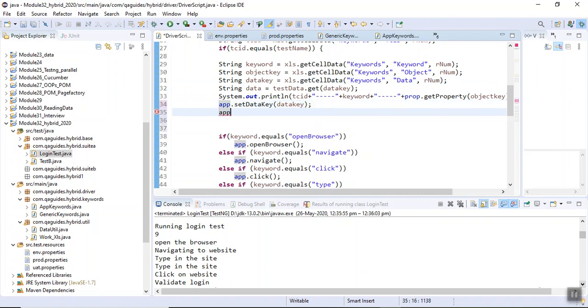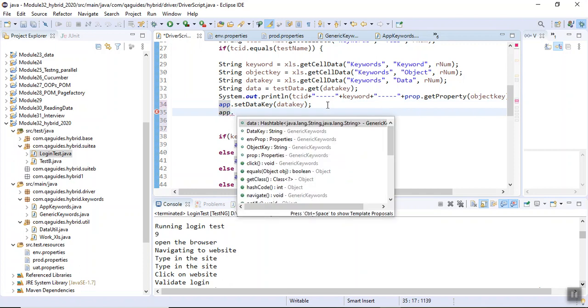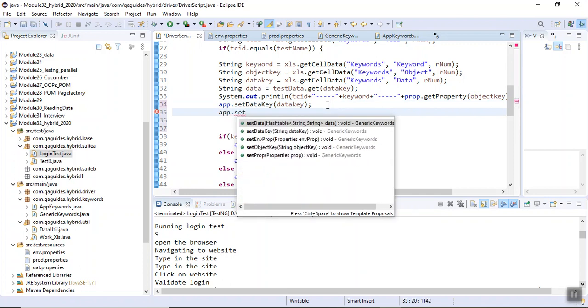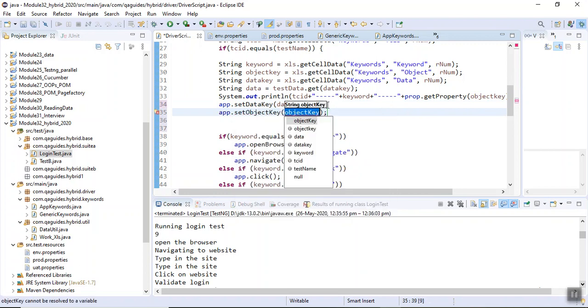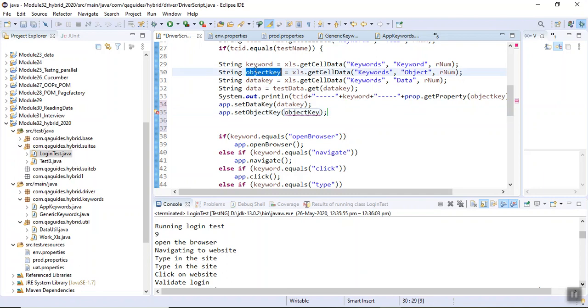And we can also provide the object key value, set object key. Okay, I can provide there object key value, and I will also send the test data.